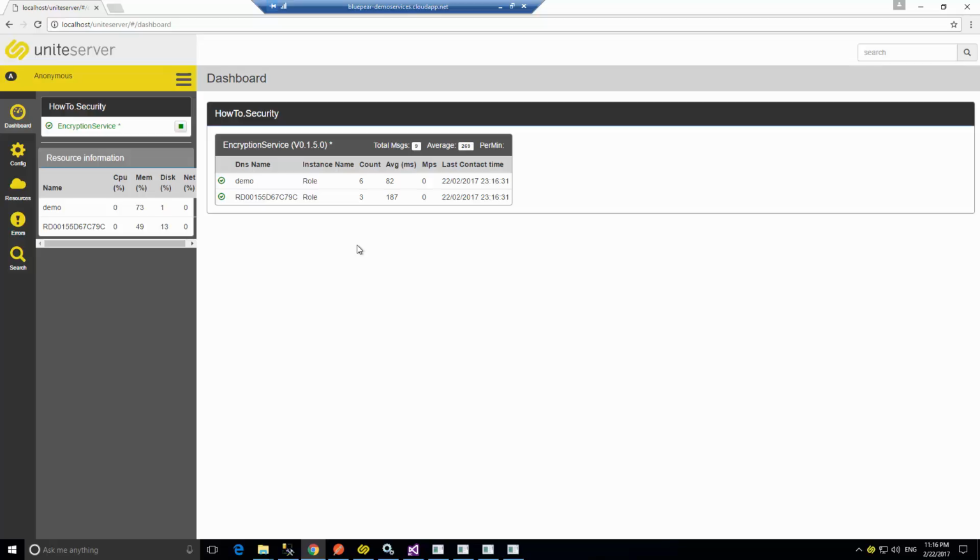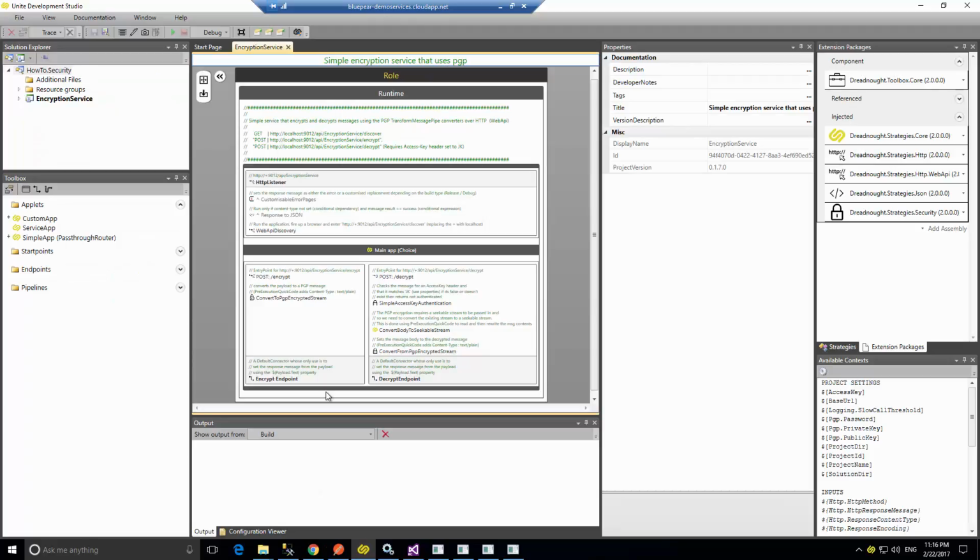We don't need to use Microsoft's Release Manager or something like Octopus, because this automatically deploys for you, and we don't have to worry about setting up any settings in our deployment scripts, because as you can see, it's very easy to do that. And what I'm going to do actually now is show you how easy it is to do the settings,